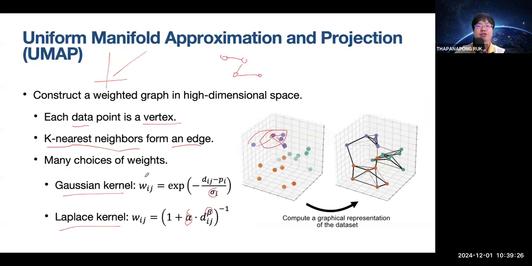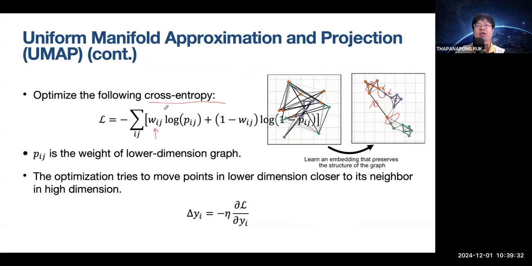The Wij is our original weight of the graph, and then the Pij is the weight in the graph in the lower dimension. And you want to optimize this cross entropy